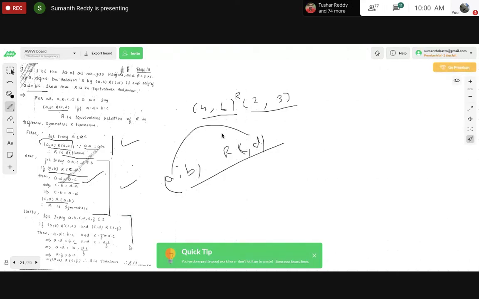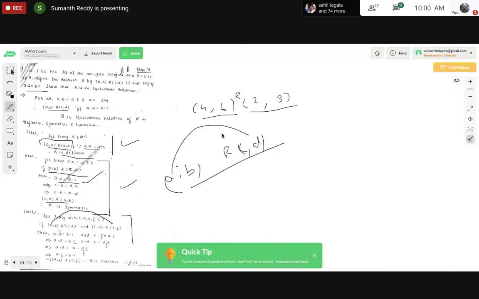The final thing that I have to prove is transitive. In order to prove that it's transitive, again, as I have told you, I have to assume two things here. In the previous problem it was just an element, but here it is an ordered pair, right? So I have to take four ordered pairs. That is, (a, b) is related to (c, d), and then the second one, (c, d) is related to (e, f), and the conclusion that I have to get is (a, b) is related to (e, f). Okay, so let me solve that.